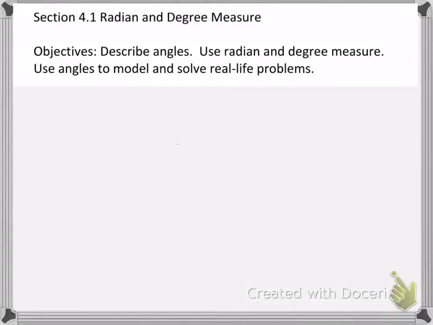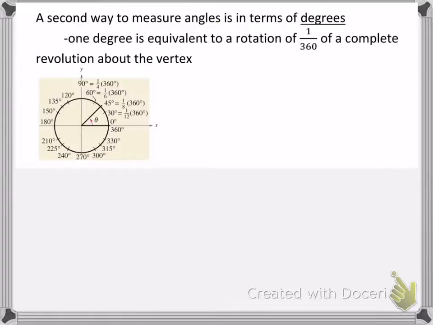In this video, we will look at one topic from section 4.2, which deals with radian and degree measures. Two ways to measure angles are in terms of degrees and something called radians. We're used to seeing degrees because we've seen it in geometry and other previous courses. Okay, so if we look down at this picture,